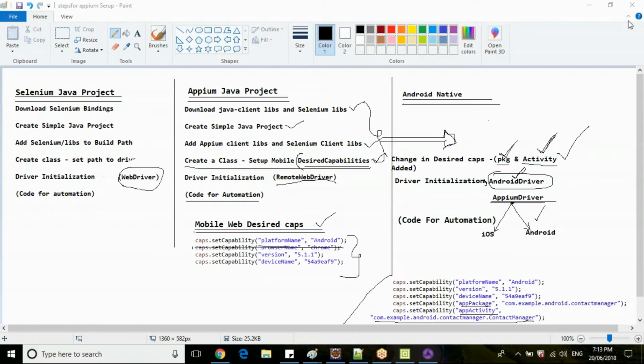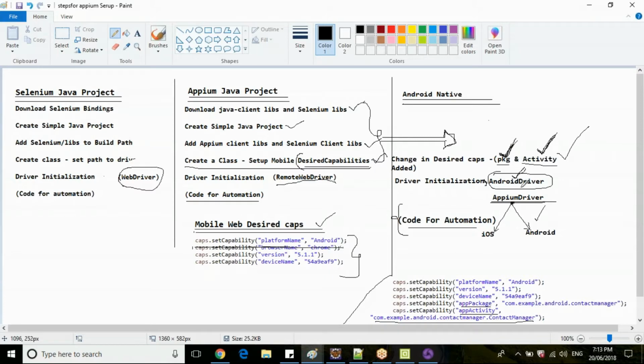Since you are automating your native application, you need to tell your driver, your Appium driver or your Android driver, hey, I intend to automate this package name and this activity name. So the code I have written for automation, you go and execute only on this package name and this activity name. Clear? So you are providing a desired capability and you are providing your Appium URL.